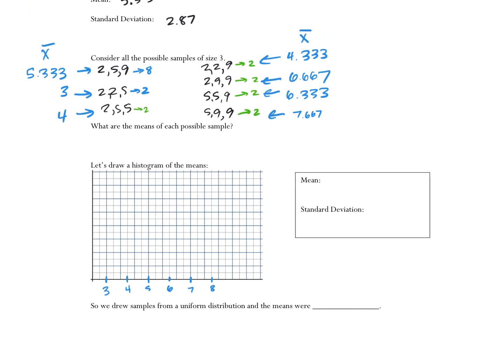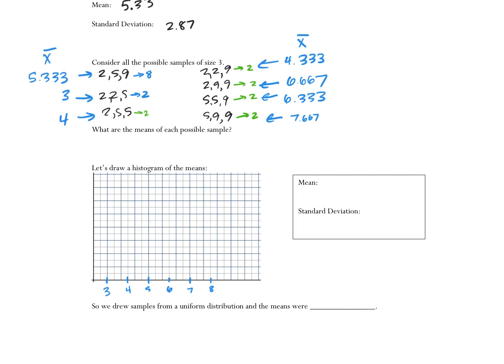All right. So, are you guys with me? What we have here is every possible sample and the mean of every possible sample. Do we see that? Okay. So my smallest mean was 3. And how many different ways could I get a mean of 3? Well, how many different ways could I get this particular sample?